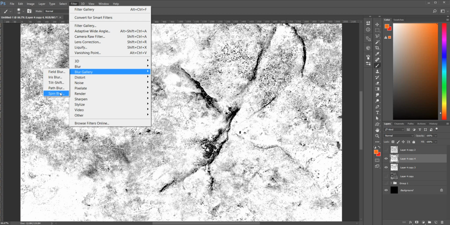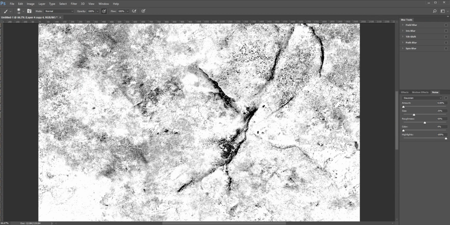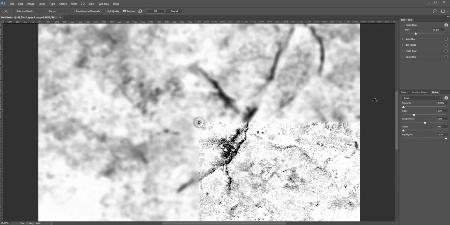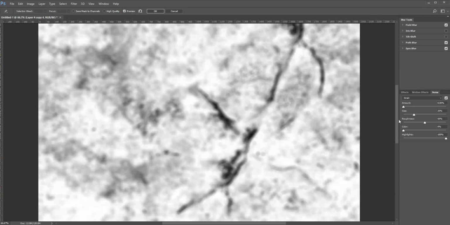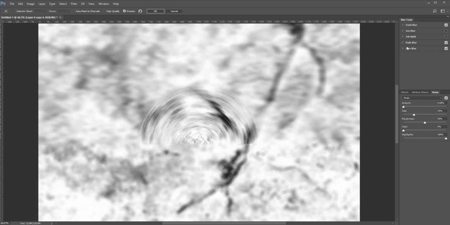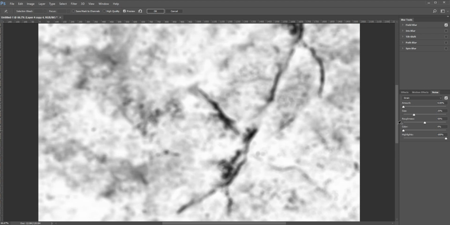And again, you can have field blur, iris blur, you can put a direction on it, and you can get into all of these here. Path blur. I like path blur. We're not going to use it now, but all right, yeah, I think we don't want to do that. All right, so we're just doing the field blur,